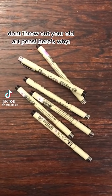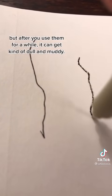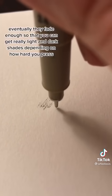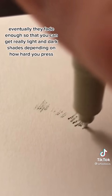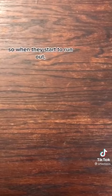Don't throw out your old art pens. Here's why. When you first buy fine liner pens, the color's really vivid and crisp, but after you use them for a while, it can get kinda dull and muddy. But don't throw them out just yet. Eventually they fade enough so that you can get really light and dark shades depending on how hard you press. And you can use this to shade your line art, making things like this, or even this. So when they start to run out,